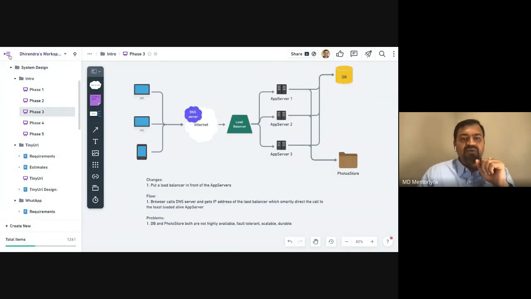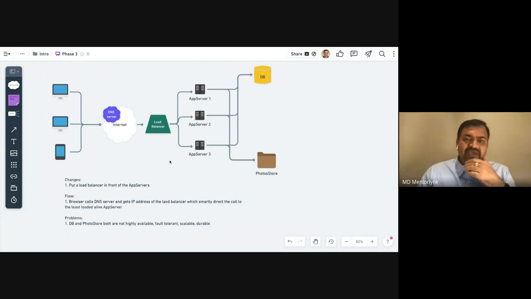So again, now let's be more sophisticated. What have we added here? We put a load balancer between the internet, or the clients, and the servers. A load balancer is a component which is a little smarter, right? Depending upon what kind of load balancer it is, it can sense the load of all the different app servers and do heartbeating, figure out which one has more load, which one is down, which is doing very well, and so on and so forth. It can have sophisticated algorithms like the consistent hashing algorithm, and so on. But it's a little smarter.